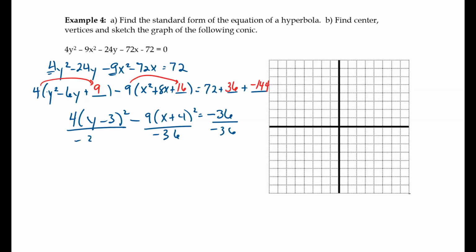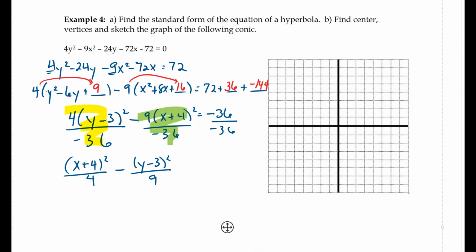But notice when I do that, this value becomes negative. This value now becomes positive. So when I finish writing it in standard form, that actually becomes x plus 4 squared all over 4 minus y minus 3 squared all over 9